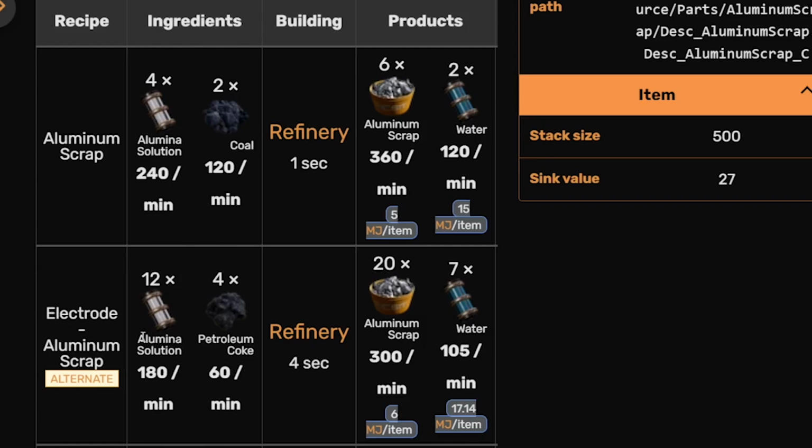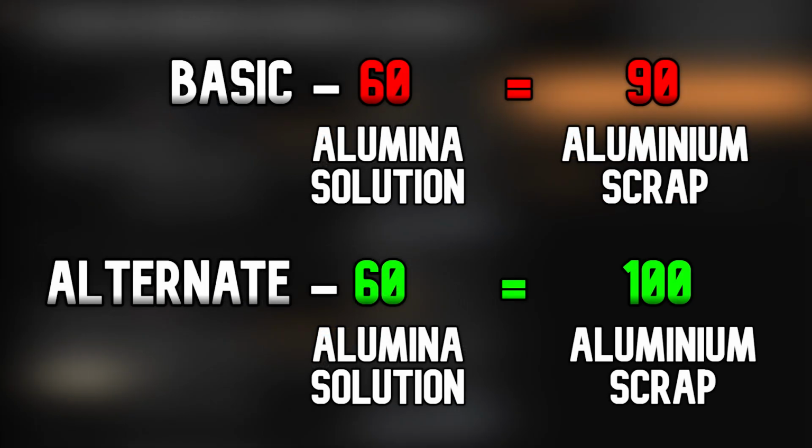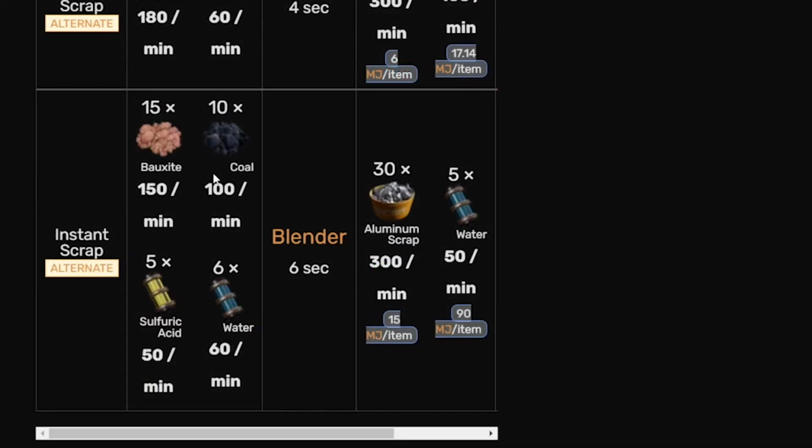And the second reason is that you get a much better alumina solution to aluminium scrap ratio. If you use the electrode to aluminium scrap alternate recipe, you get a 3:5 ratio. Whereas if you use the basic aluminium scrap recipe, you get a 2:3 ratio, which isn't as good. There is one other recipe, but when I saw that it used sulfuric acid, I instantly just said, nah, no